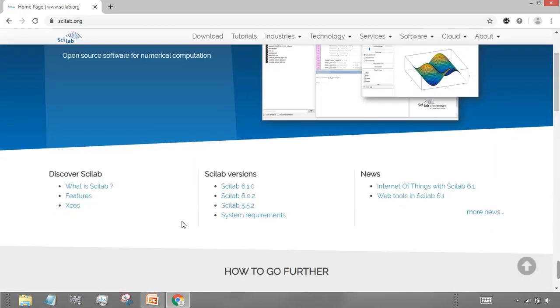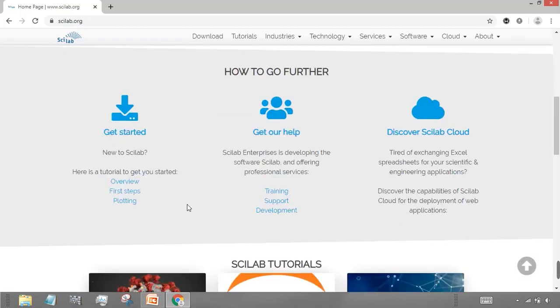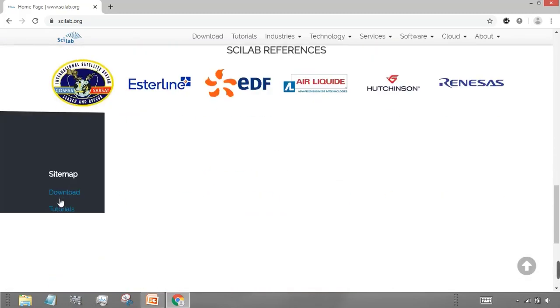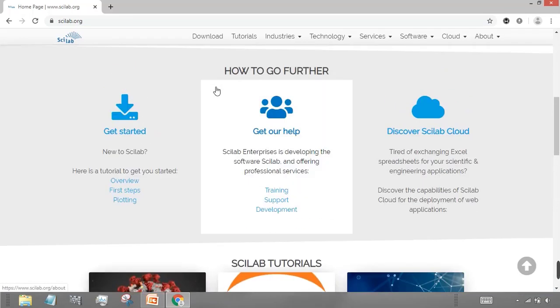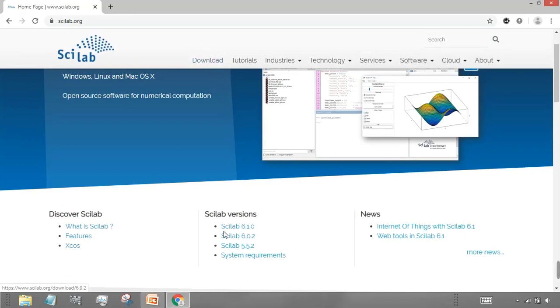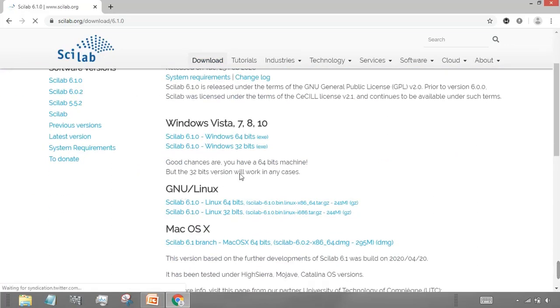6.1.0 is the latest version. These are some of the previous versions of Scilab that we use. These are some of the companies that we have seen earlier in the slides. To download the software, you can download it from over here, or you can go to the download tab.